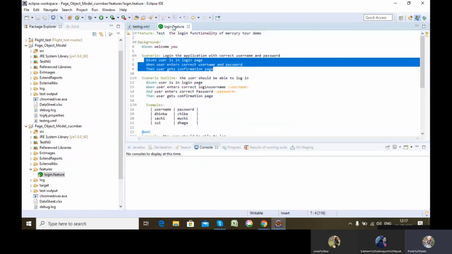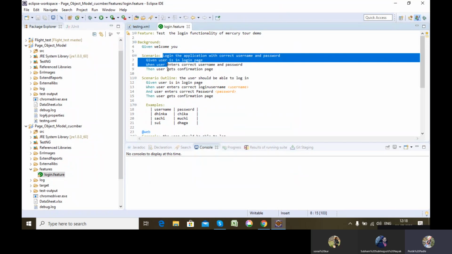Although TestNG has more features than Cucumber, coming to the client perspective, they prefer Cucumber because they can understand the file even though they don't have any technical knowledge, because it is written in Gherkin language. So what is Gherkin? Gherkin is, you can say, an easy to understand English language.